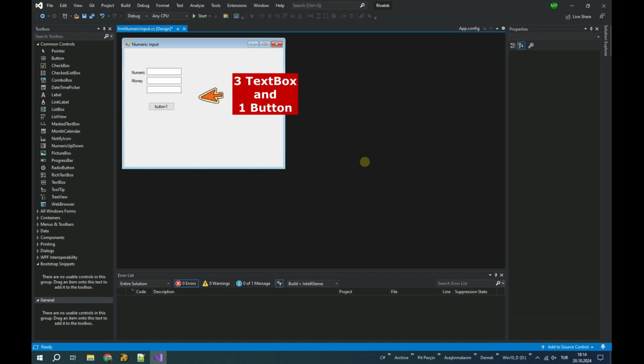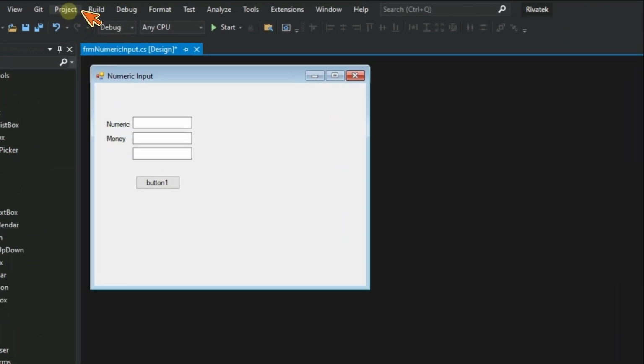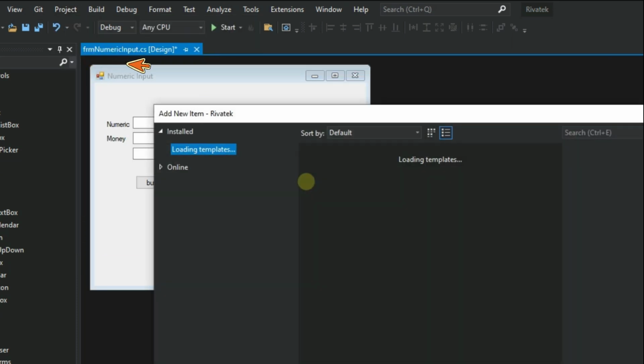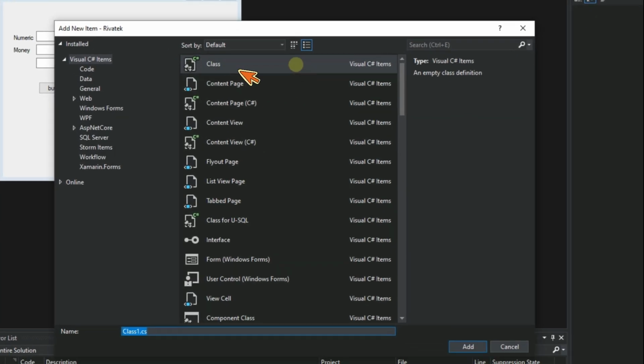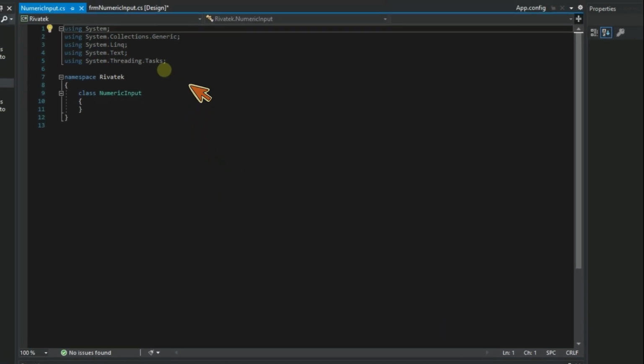Create a C# project. Add a class file by following the steps. Edit the using lines.